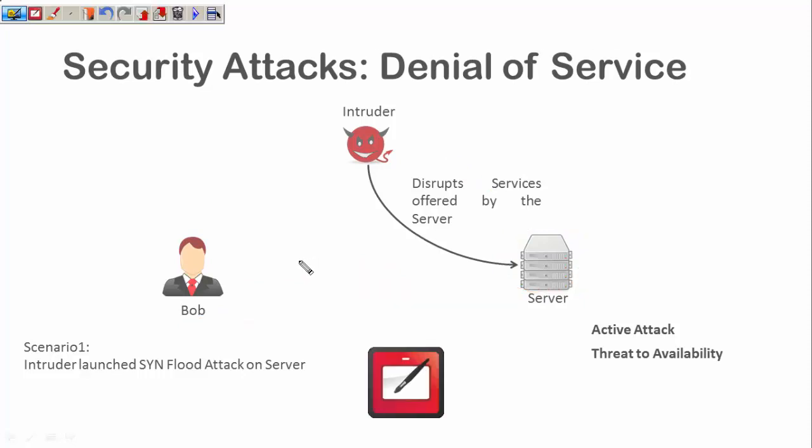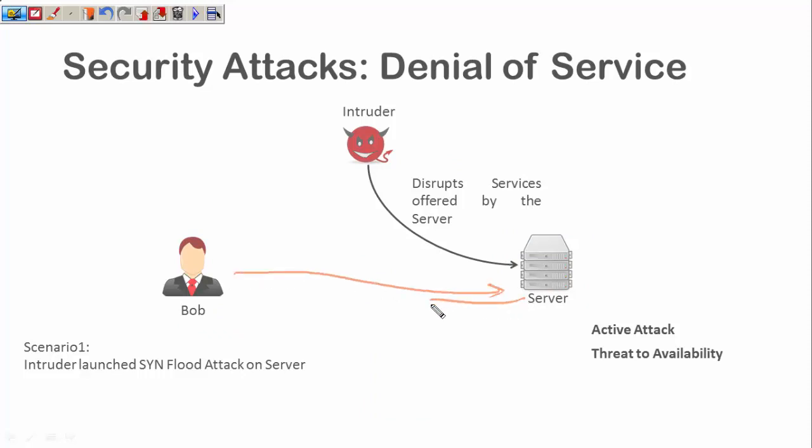Another scenario could be that Bob is requesting something from the server, which is supposed to respond, but that response is not reaching Bob. So Bob will not be getting the acknowledgements and the responses, and Bob will think, okay, I'm not getting the message, let me send it again. So now Bob starts sending the messages over and over again, and every time there is a reply, it just goes down and doesn't reach Bob.